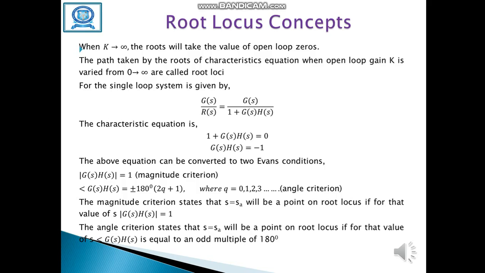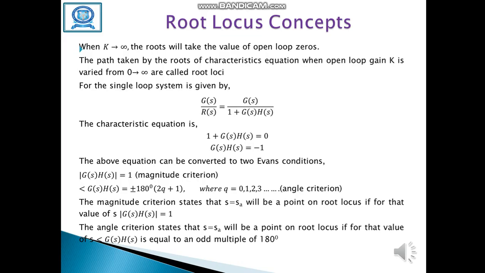When K tends to infinity, the roots will take the value of open loop zeros. The path taken by the roots of the characteristic equation when open loop gain K is varied from 0 to infinity